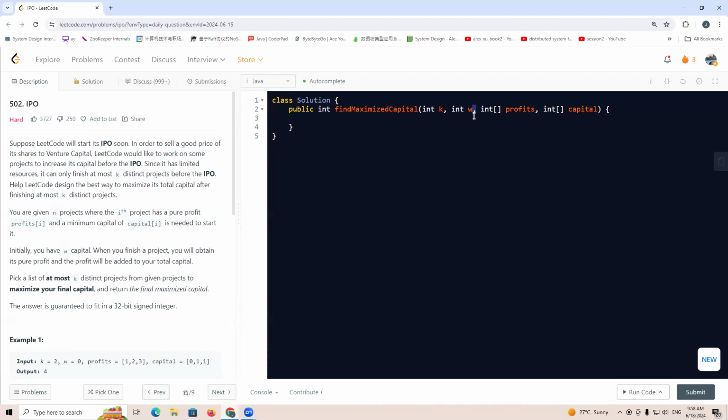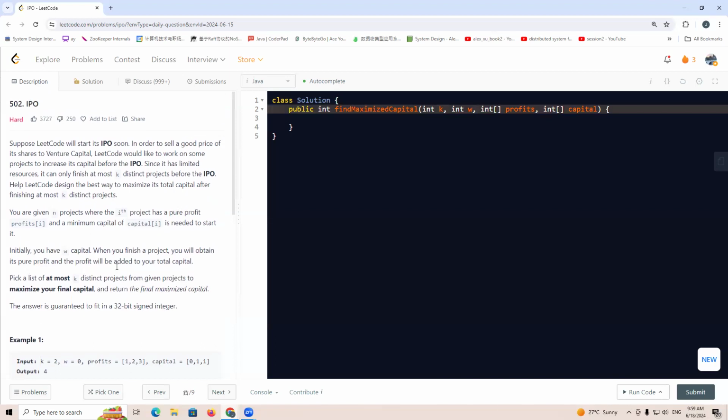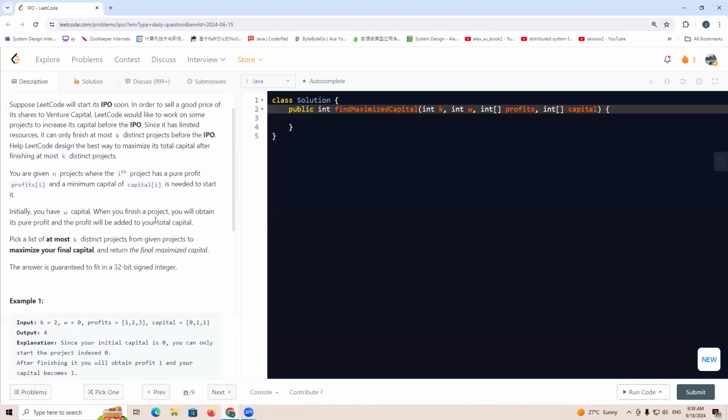The profits and the capital arrays have the same length, and together they represent the projects. Once we select a project, the profit will be added to our W, and we can invest some more. If we have more W, we are able to invest in more projects. And it says that we can, at most, invest in K projects. It asks us,